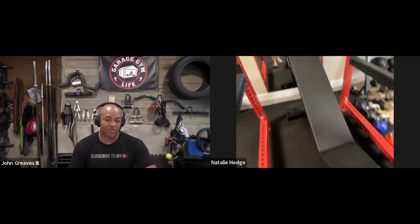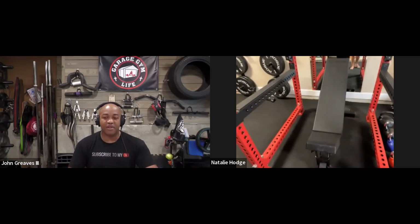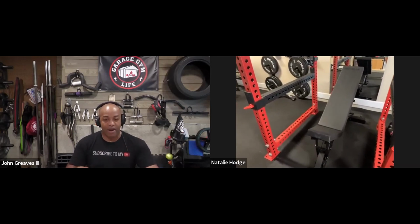And then the surface. I've seen one of those Rogue benches before in person, and I like that the surface is non-slip, because if you're trying to compete in powerlifting, you actually need the bench height to be right about where that bench height is, because older utility benches were actually too tall. So I actually had to get some blocks to put under my feet to simulate what you would have in a competition, because I would go to competitions